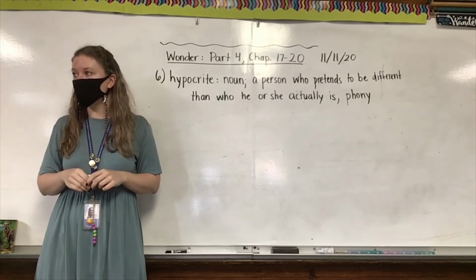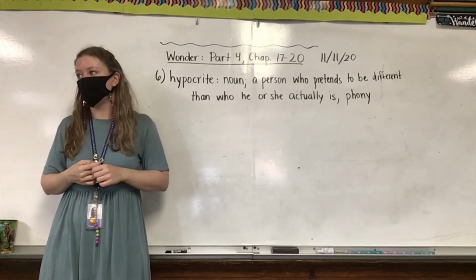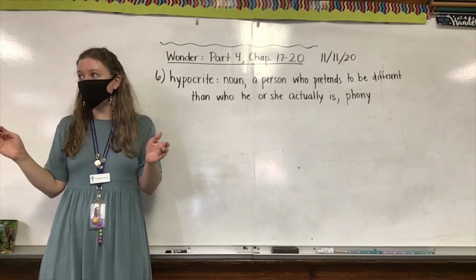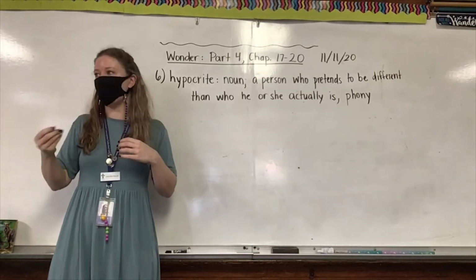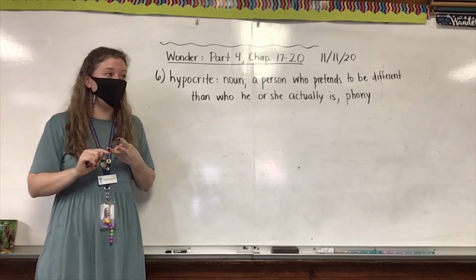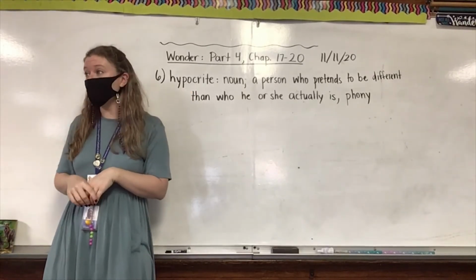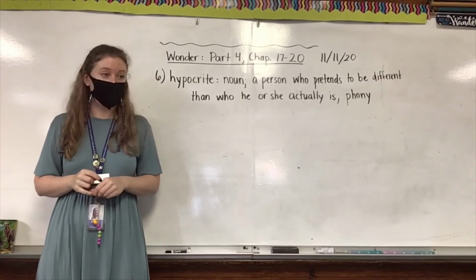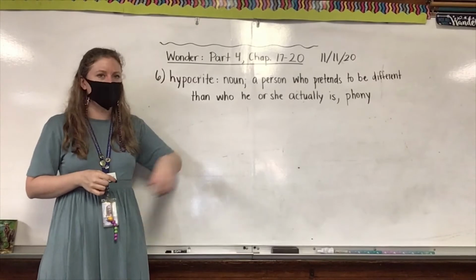Yes? Like Julian, the first time in August, he was being nice to. Was Julian even being nice to August to his face? No, to his mom. So Julian was acting like he was this great, kind, nice person to August's mom and to Mr. Tushman and probably to all the teachers, and that's why he got picked for this job. But he's a hypocrite, because is that actually how he is and how he acts when grown-ups aren't watching? No. So Julian could be described as a hypocrite. I think at one point they even called him a phony.